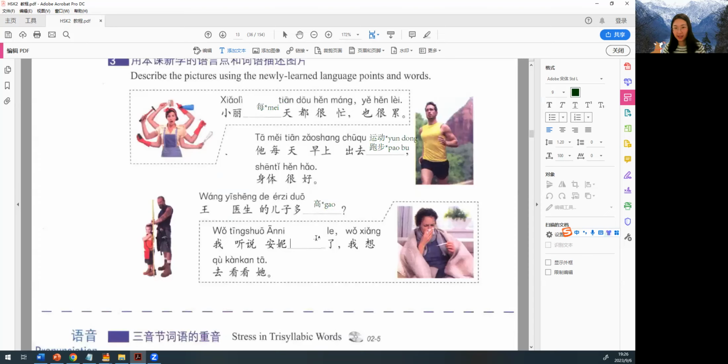So get sick is 生病. The pinyin is 生病. 生病. 我听说安妮生病了，我想去看看她。